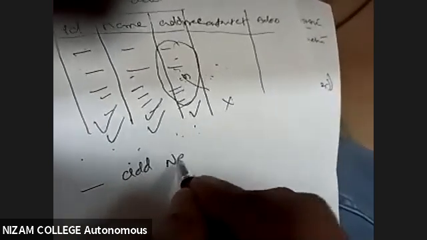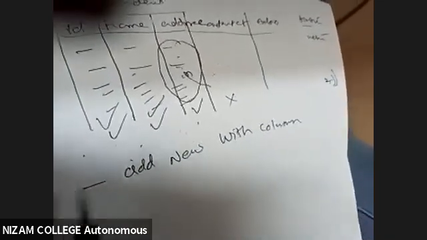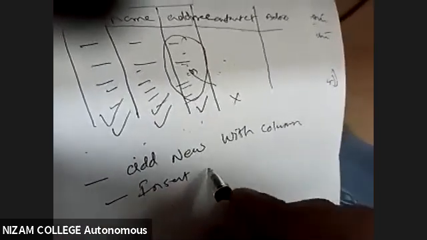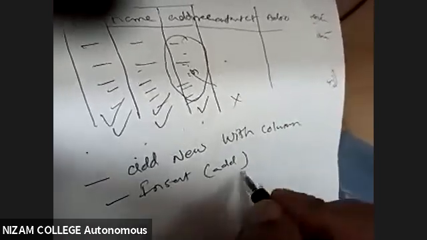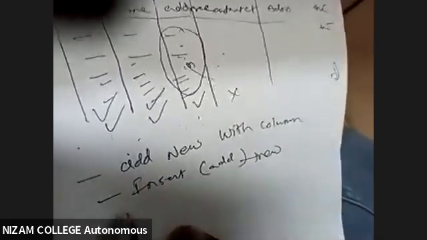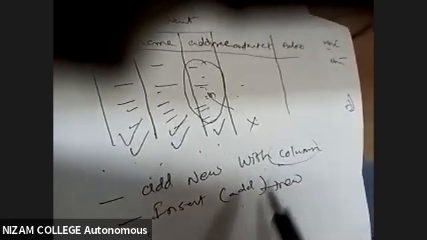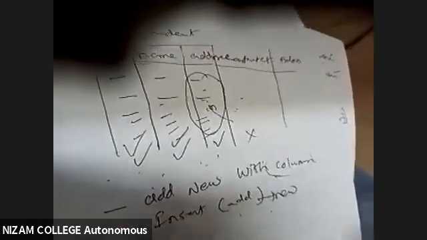So what is the criteria? I want to add a new record with few columns. This is my criteria. My criteria is inserting the record. What is it doing? It is adding a new record. With the help of the insert command, I can add the new record. But in adding the new records, for some of the columns you don't have data. So I cannot keep the files aside. That is my intention.